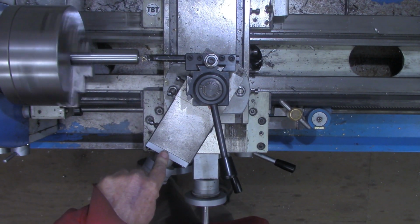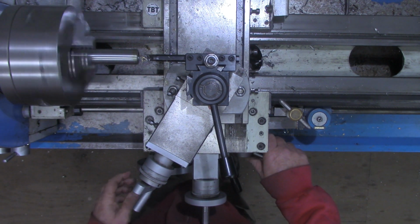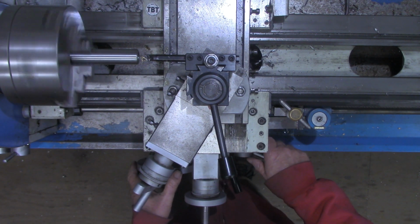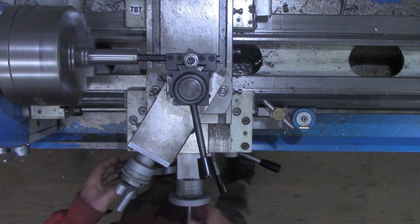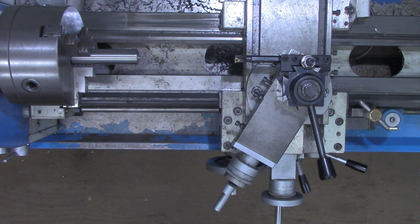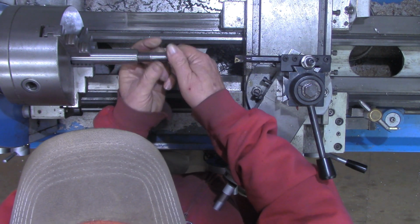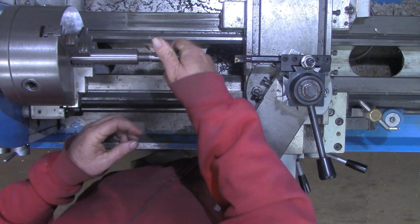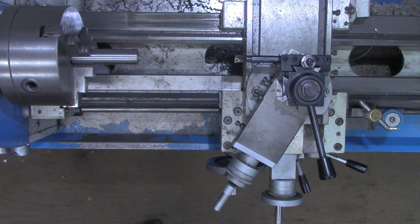All right, we're down to our 58 reading on our compound. So we'll make this pass a spring pass, and then we'll do a test fit. All right, let's see if we're fitting. Starting to get a little snug, about halfway in. We'll take a couple more thousandths